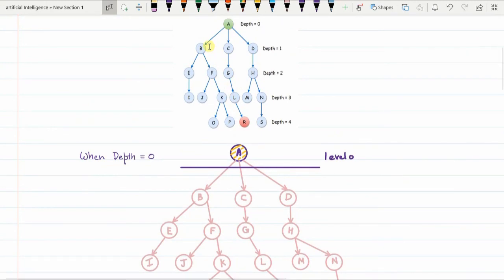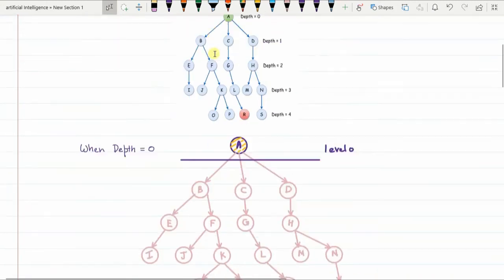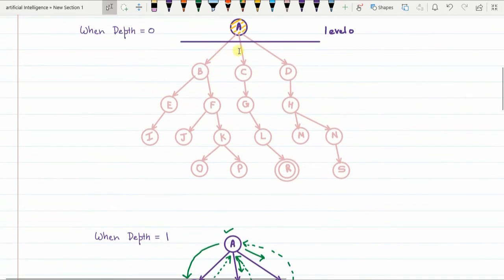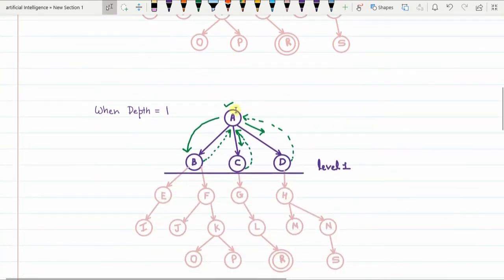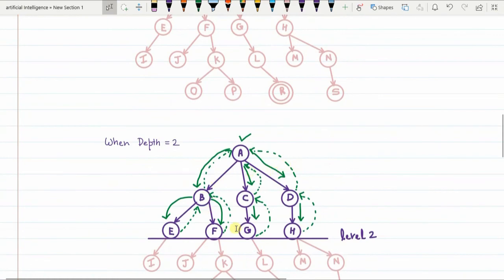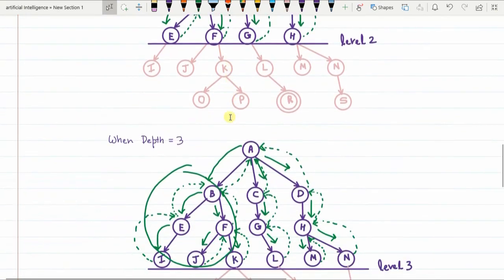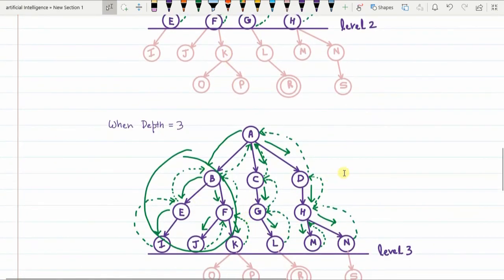Second thing is, it also does not put any load on the memory, because the search that we do at every iteration is again depth first search and not breadth first search. So every time we do depth first search for every iteration. So as a result, this is a combination of the best things from BFS and the best things from DFS.